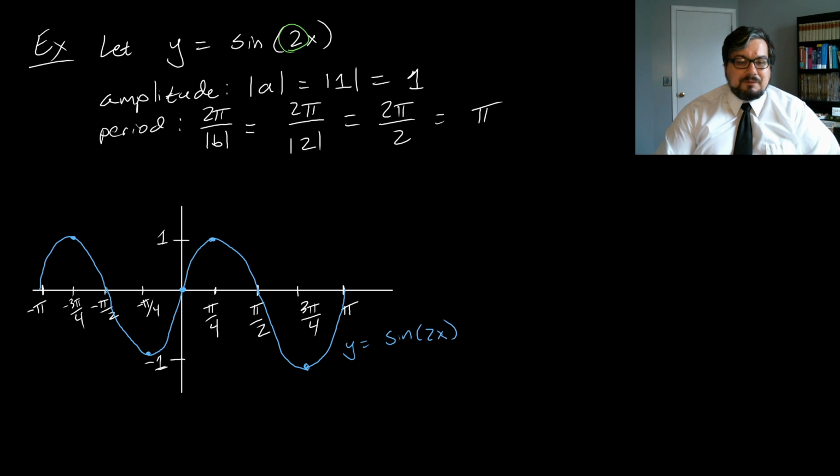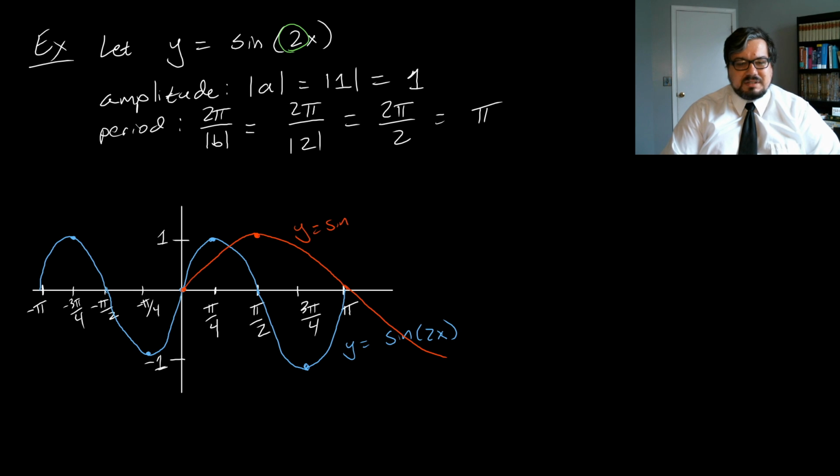However, notice that the original sine function, if we do sketch it out here, started at 0 and then hit its peak at pi over 2. And then came back down to 0 at pi. And then continued on like this. So this is what y equals just sine x would look like. So we can see that by going to y equals sine 2x, we've